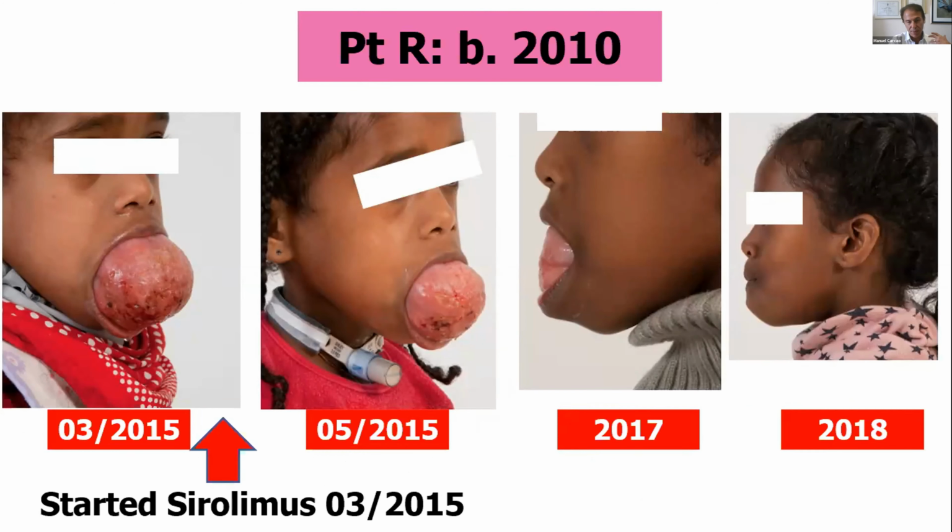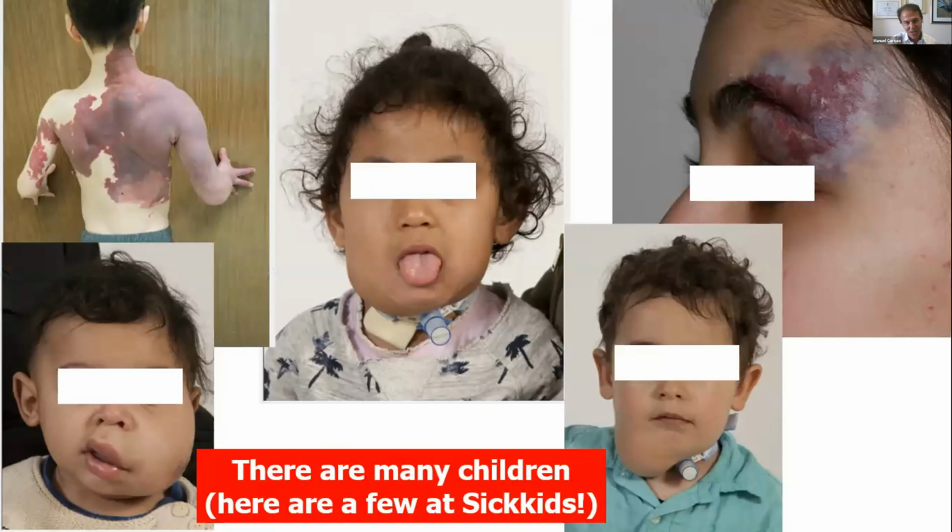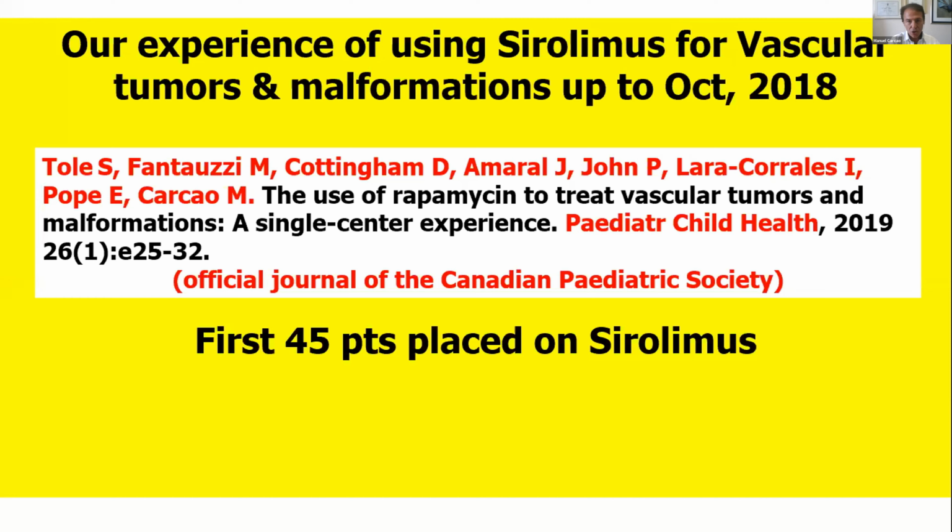And so this really made me very interested in this field because we can do a lot of good for our patients. But we have a lot of patients. So these are just a few of my patients here at Sick Kids, showing you a number of their vascular malformations. Our experience of using sirolimus for vascular tumors and vascular malformations was published a few years ago,